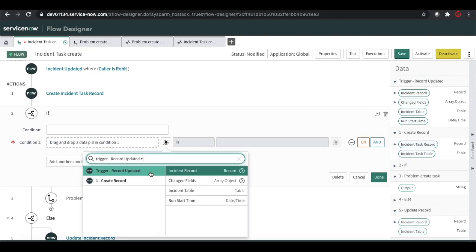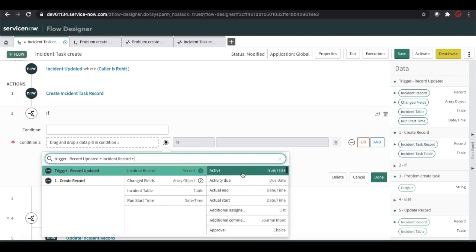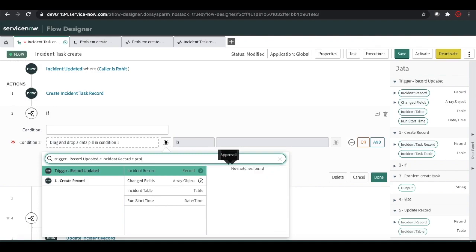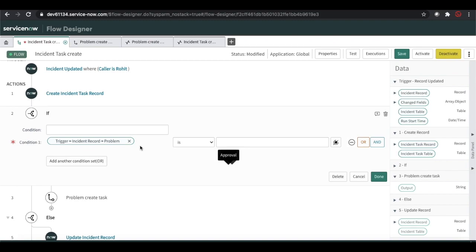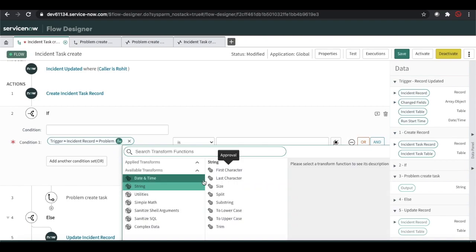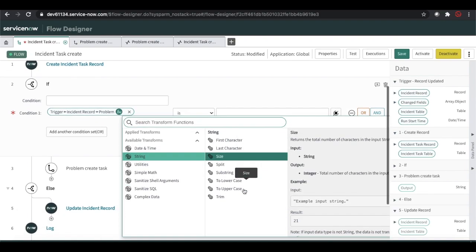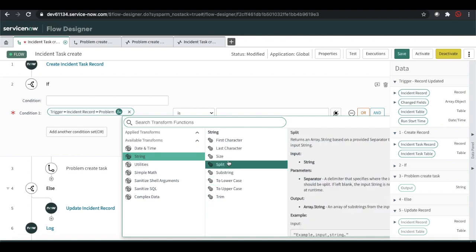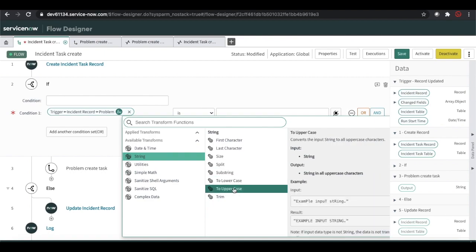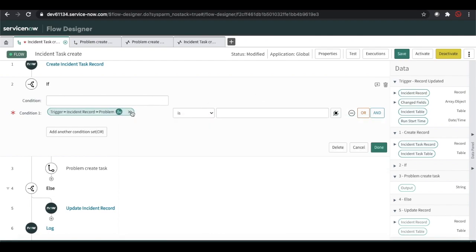For example, trigger condition, incident record, problem required, and then you can click that fx. There will be some pre-populated script which you can use, like trim, slice, you can do all those things here, if you have that condition.